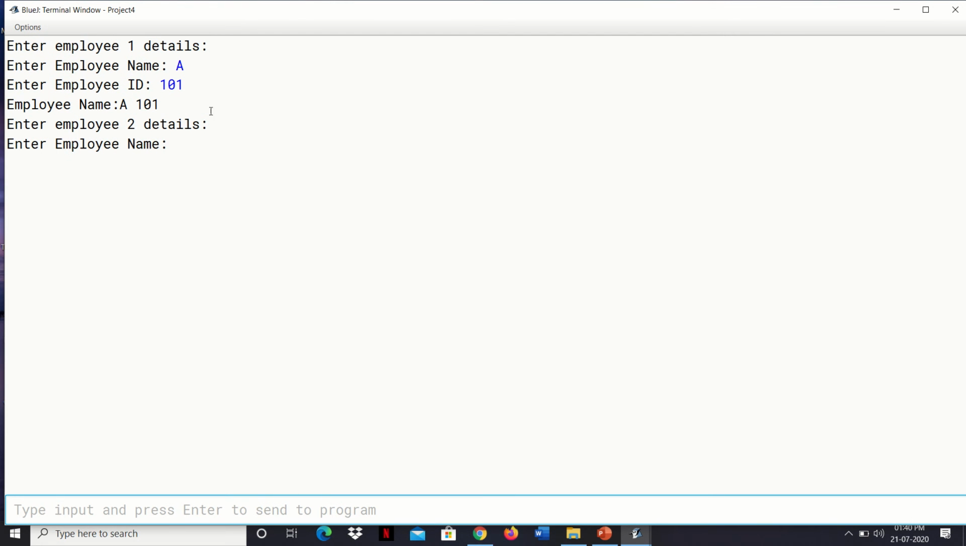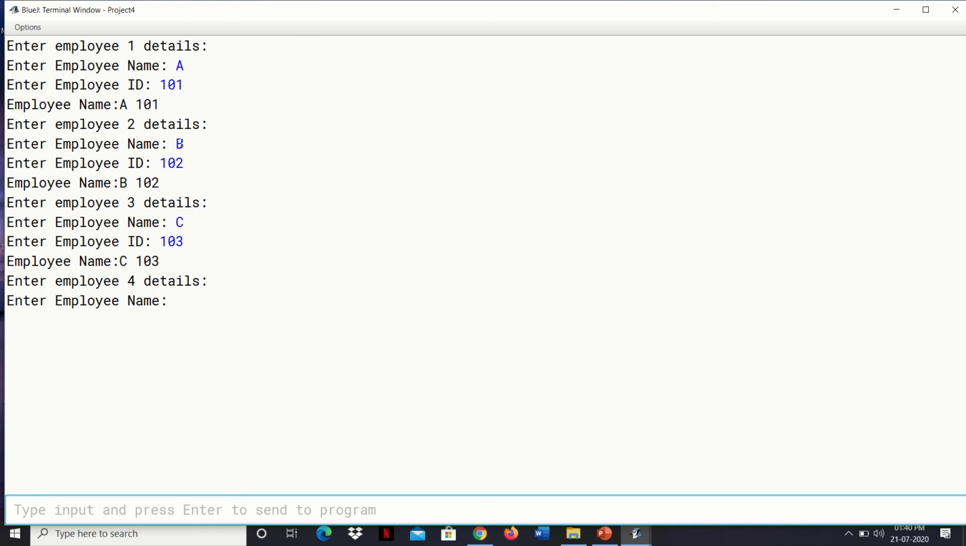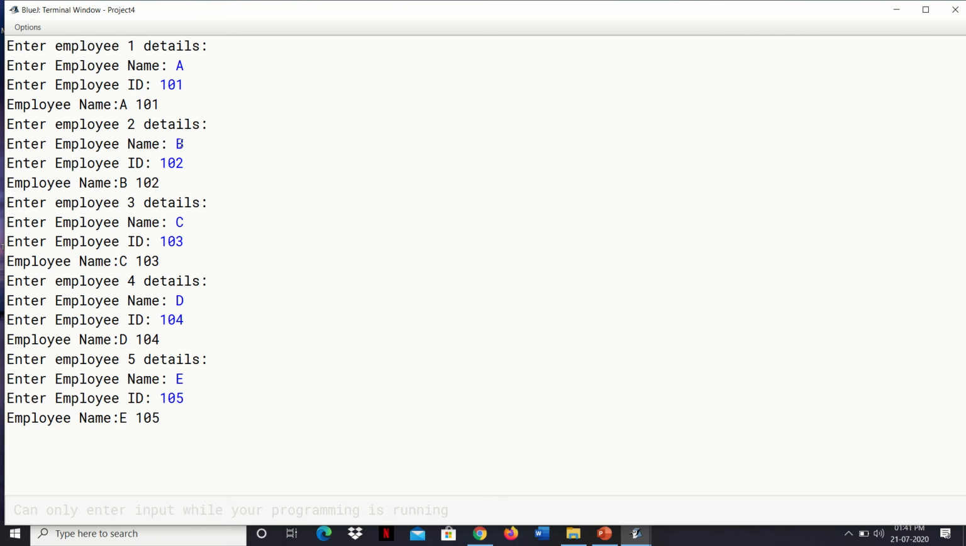So employee one details we have taken. Now employee two, suppose the name is B, 102. Okay. Now again C 103. Now again D 104 and E 105. Now see, once we are taking the input of employee one details, it is printing here itself. Again, when you are taking the input, it is printing here itself. Same till employee 5. It's only because